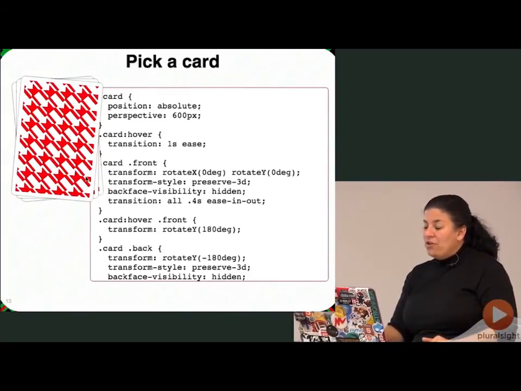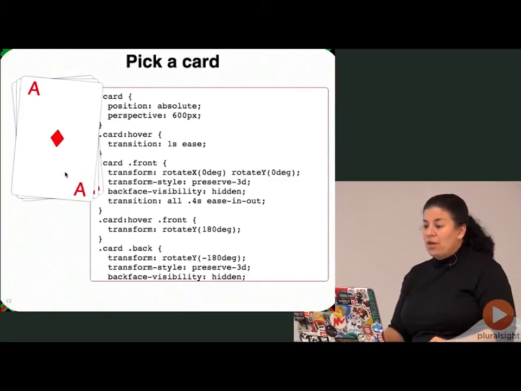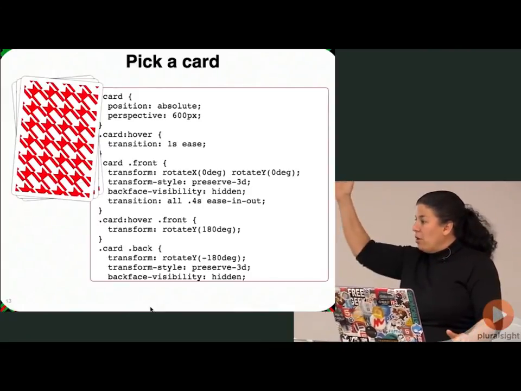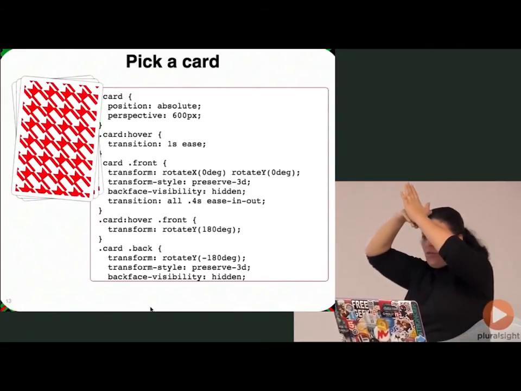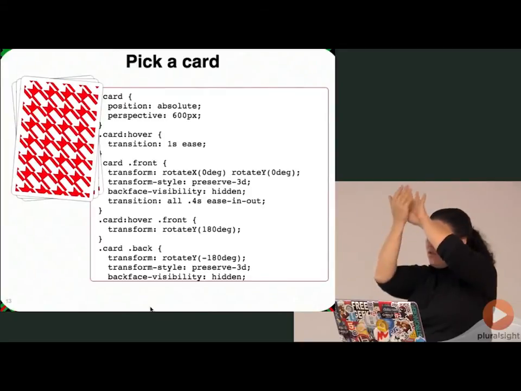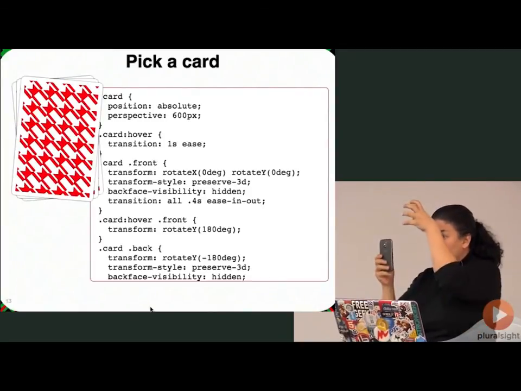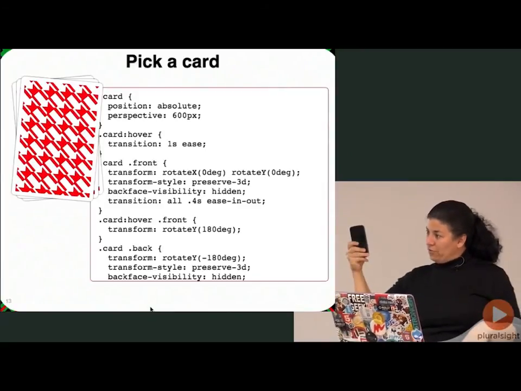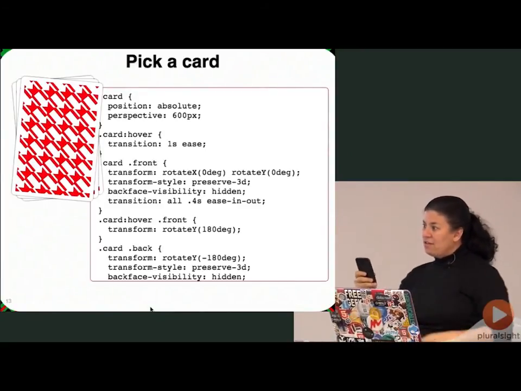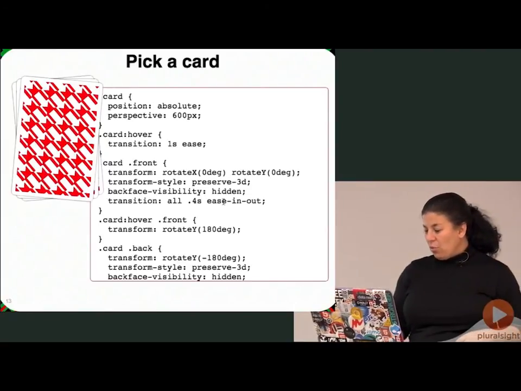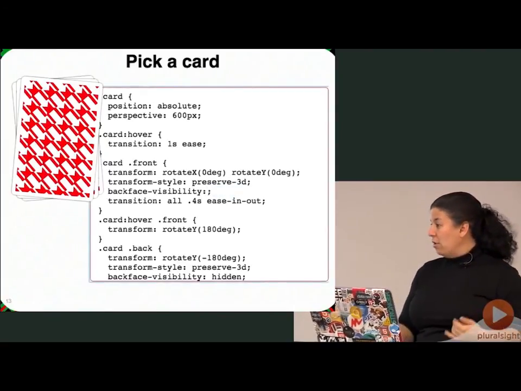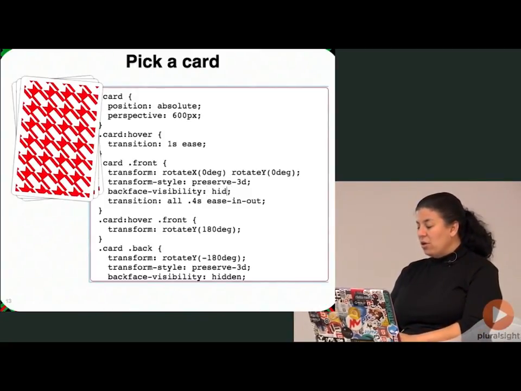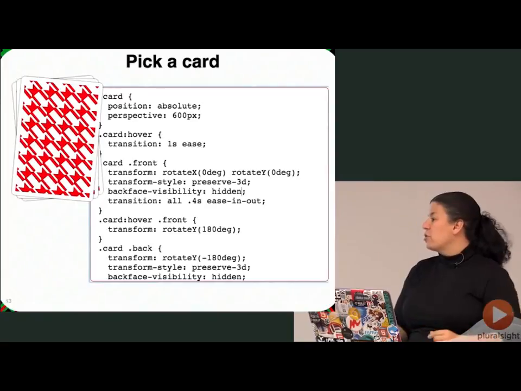But the other thing I want to cover is backface visibility. Because when I flip the card, the back face is gone, because the back of the card is a div that comes before the ace. The ace is on the back side. So I have a front and a back in a parent div. When I flip it, I say, if you're flipped 180 degrees, don't show me the back of that div. And that's this line right here. If I took that out, this is not a dynamic page at all, so I can't show you, but you would just see this card inversed, which is not what you